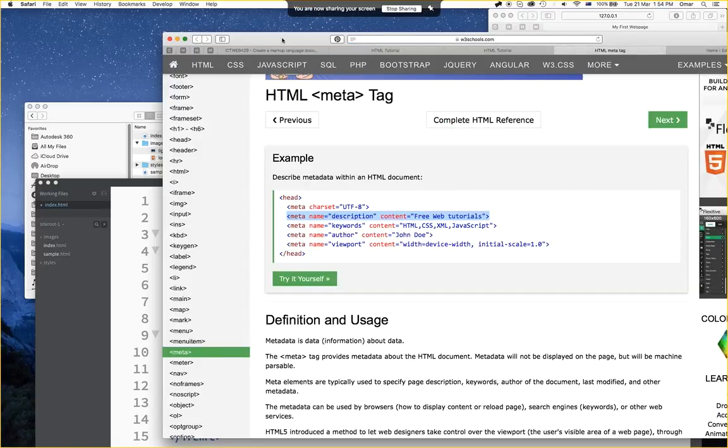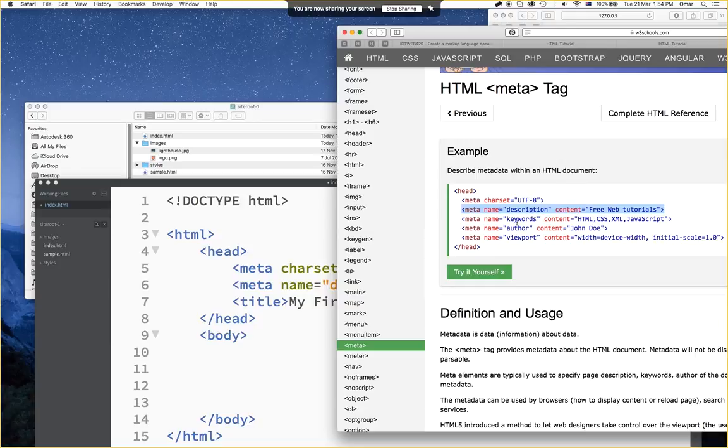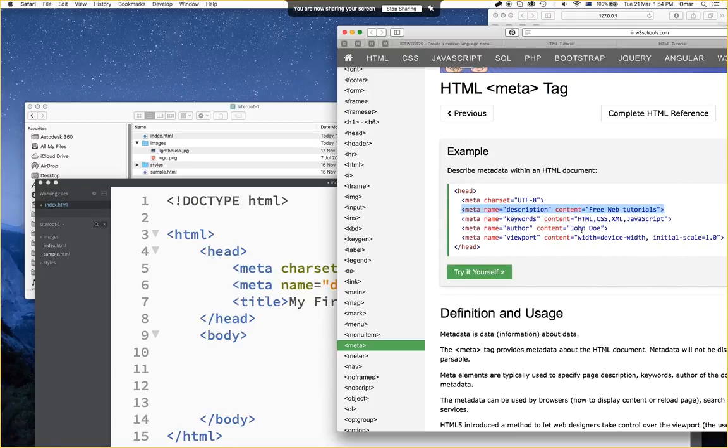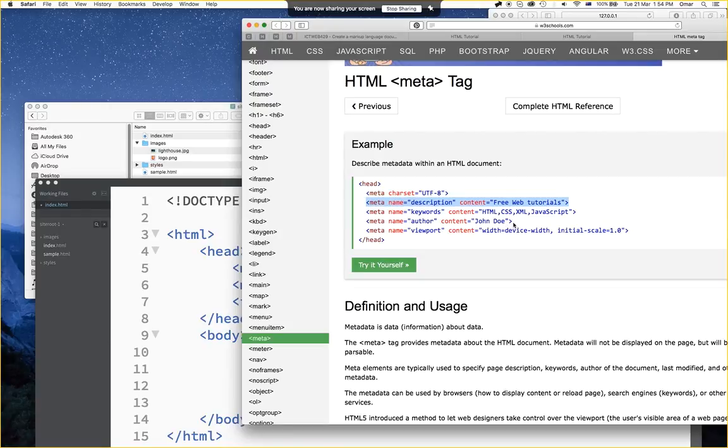Okay, HTML tag. So we've got the description. You can also put in things here, as you can see there, the author, John Doe. Obviously someone's dead. Put your own name in there, or the name of the company that you are working for or that is paying you to do that. And there's other things in here which I'll very briefly mention without getting too sidetracked, because I'm covering this later in an actual